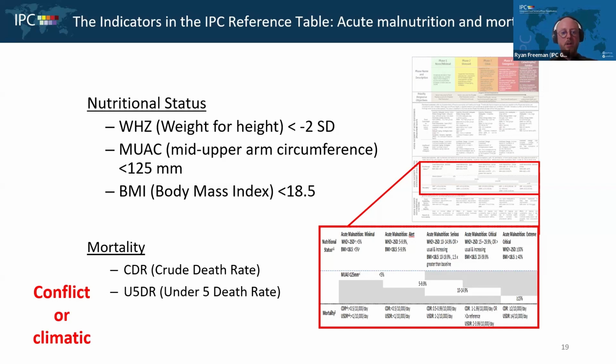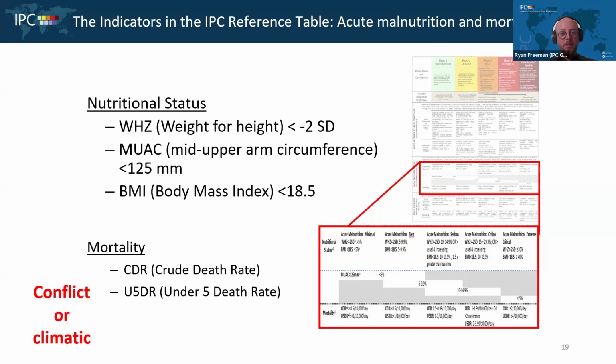Similarly on mortality, the way the IPC looks at mortality is the crude death rate and the under 5 death rate. And unfortunately, you do get a lot of this information in analyses. You start looking at these types of indicators mostly in phases 3, 4, and 5 when it becomes available. It may be available in SMART surveys or other particular surveys that capture mortality. But this moves us towards a little bit more of the phase 4, the phase 5, severe discussions on acute malnutrition, acute food insecurity, and the interaction between those and disease.